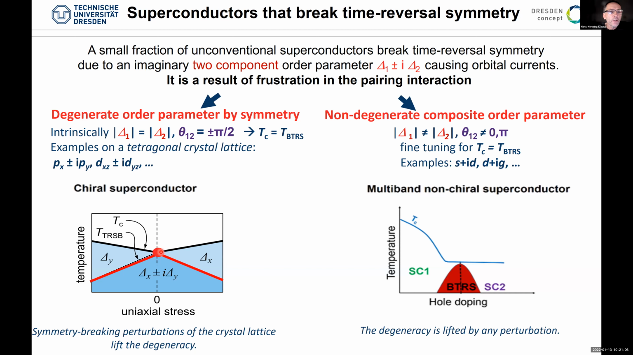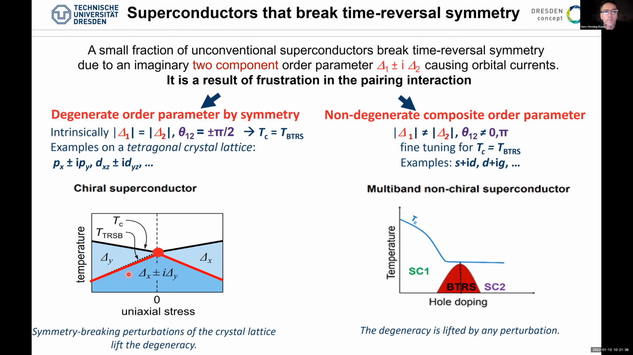What one should then expect to see is this: at zero uniaxial strain in strontium ruthenate, we could very well show that at the same point when the sample becomes superconducting, it also gets time reversal symmetry breaking. But for that, you need the two components. If you break the symmetry, one of the components will be stabilized and the other destabilized. That means you will first see some superconducting phase, and then at a lower temperature, the time reversal symmetry